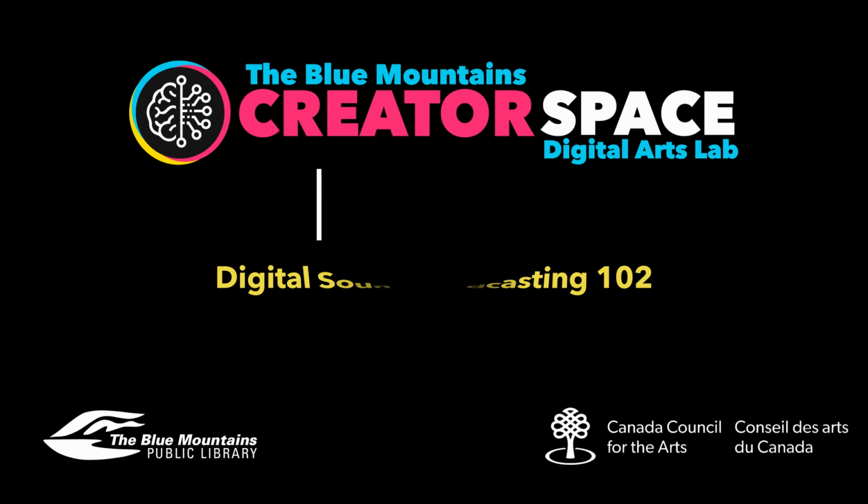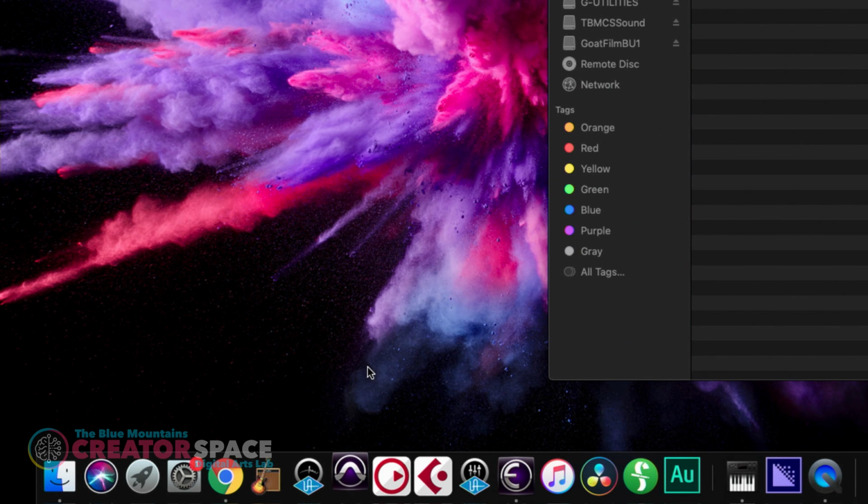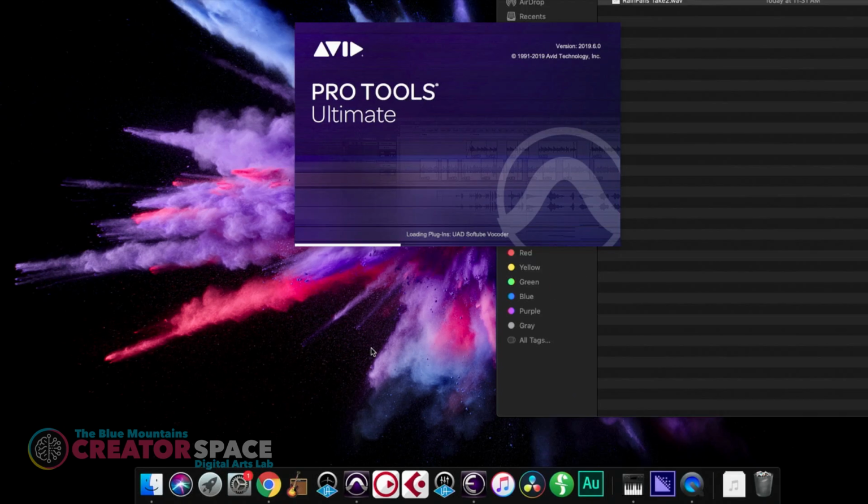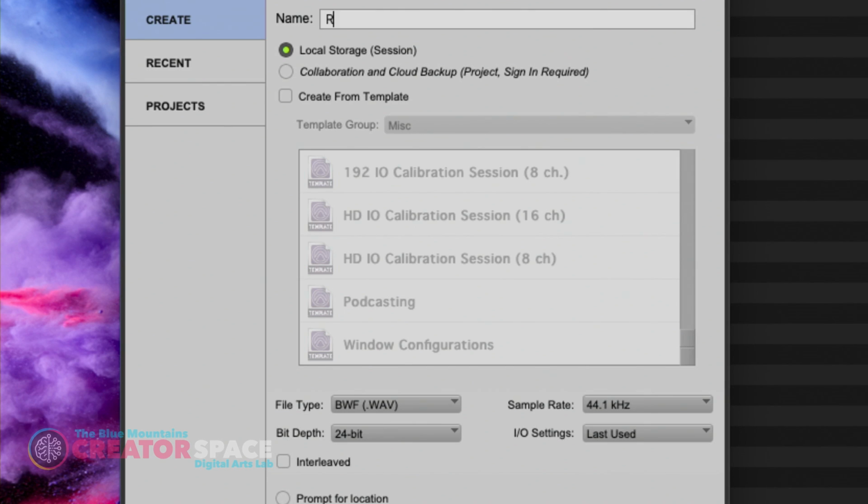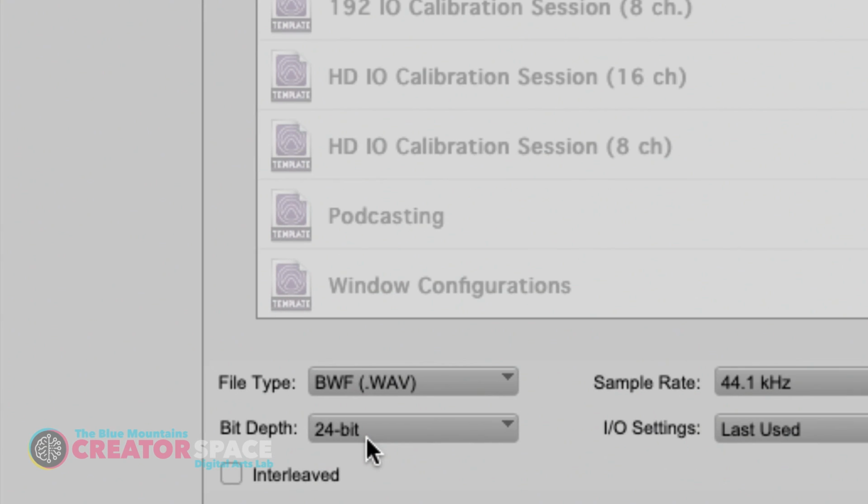So what I'll do is just click on that to launch Pro Tools. I'm going to just call this Rain Falls podcast demo, right? And down here, we want it to be wave. Now bit depth, we want 24-bit. And the reason we want 24-bit is it's the amount of information, or the quality of information, is that bit